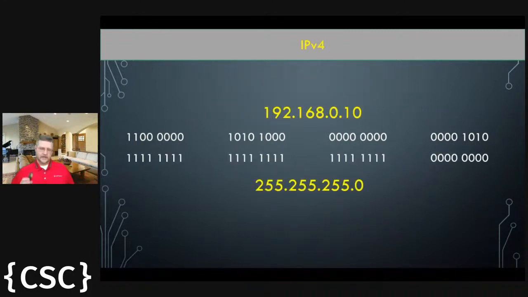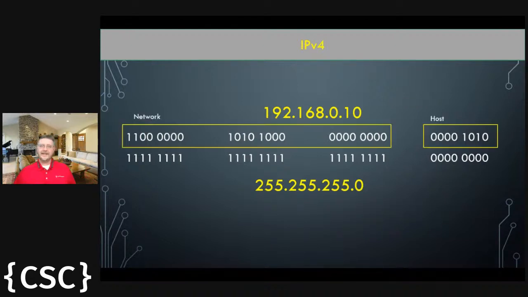And what's used is what's called a subnet mask. So when we look at how a subnet mask is applied, it's looking at the number of ones applied to each of the octets in binary. And it basically is looking from left to right, where's the one that changes to a 0. So in this case, it's 255.255.255.0. What this is saying is that the numbers on the left that are included with the ones is what's called a network address versus a host address.